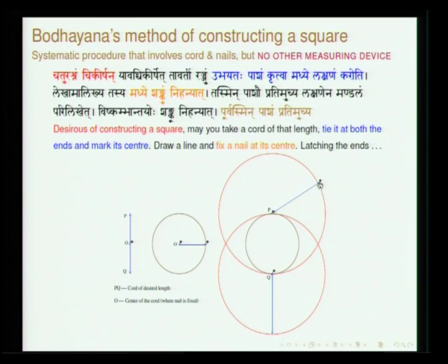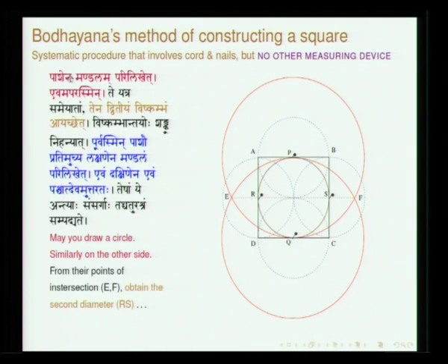Muchya is normally removing, but when the adjective Prati goes with it, it means tying. Pratimuchya: tying, latching. So he says you tie it and then the same string is used to draw a circle. Similarly, you tie it and then draw another circle. So Pashena Mandalam Parilikhet Evam Aparasmin. So these two red circles are drawn. Te Yatra Sameyatam. Wherever these two circles intersect, which are E and F, these are two points. With them you draw a line.